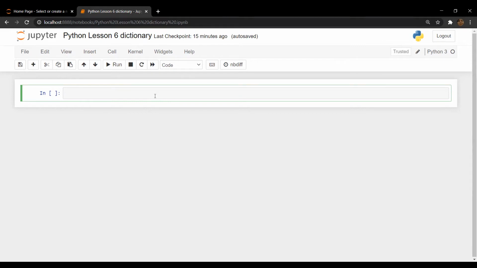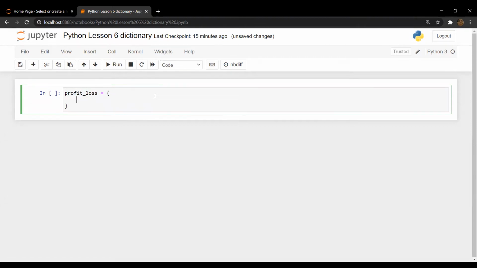What do I mean? Let's start and write the code for this. Let's create a dictionary. Profit and loss is equal to, and the same syntax, we need curly brackets to create a dictionary, and we make key value pairs. So let's start with the first key, and the first key is